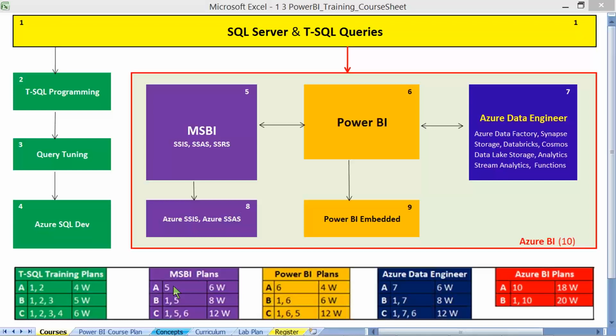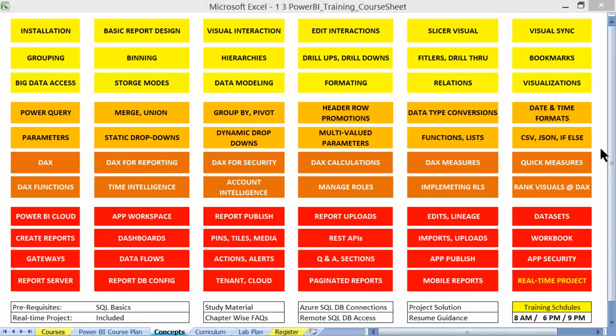Before we get into the actual curriculum and the concepts that we are going to learn in our course, of course, we'll start right from the installation, right from the basics of Power BI.